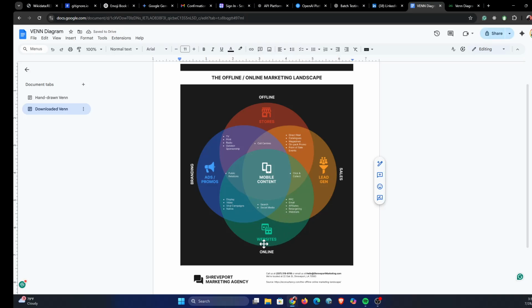These are the online and branding, so ads, search promos, and websites. This will be what shows up in that union. And the next question asks